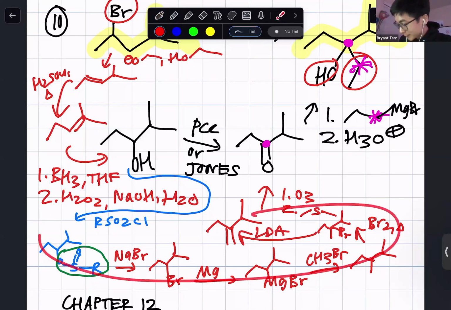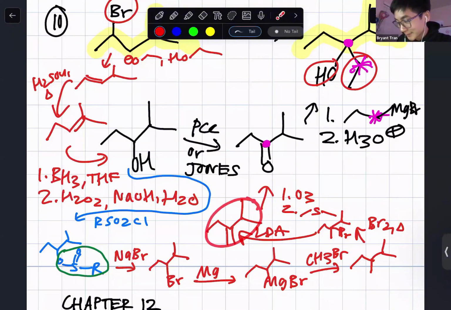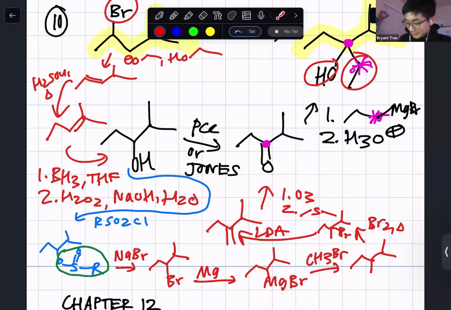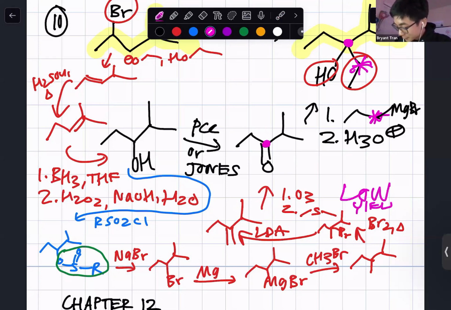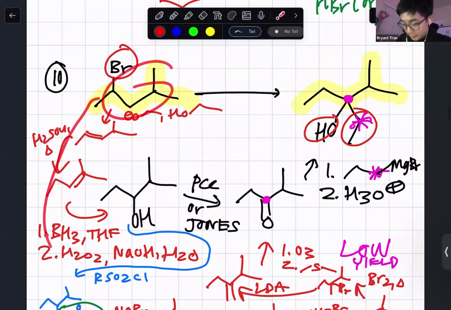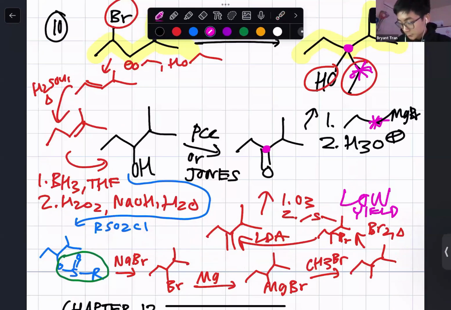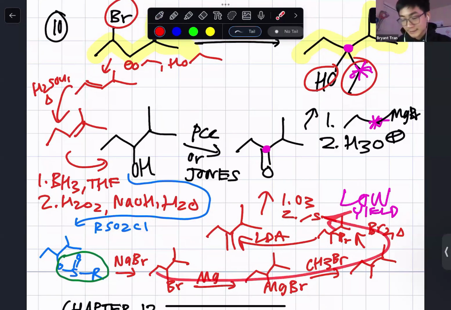So don't worry about this route here. If you wanted to go from what Katya said earlier, where this came from ozonolysis, you would have to go through this whole route, which was not the intended route. This right here would be low yield. That's good, Sharon, because in lab, when you put a reactant through a lot of reactions, you're going to lose a percentage of that original reactant after each reaction, right? So this is going to be a very low yield. This would work, but it's so low yield that you're going to lose points,